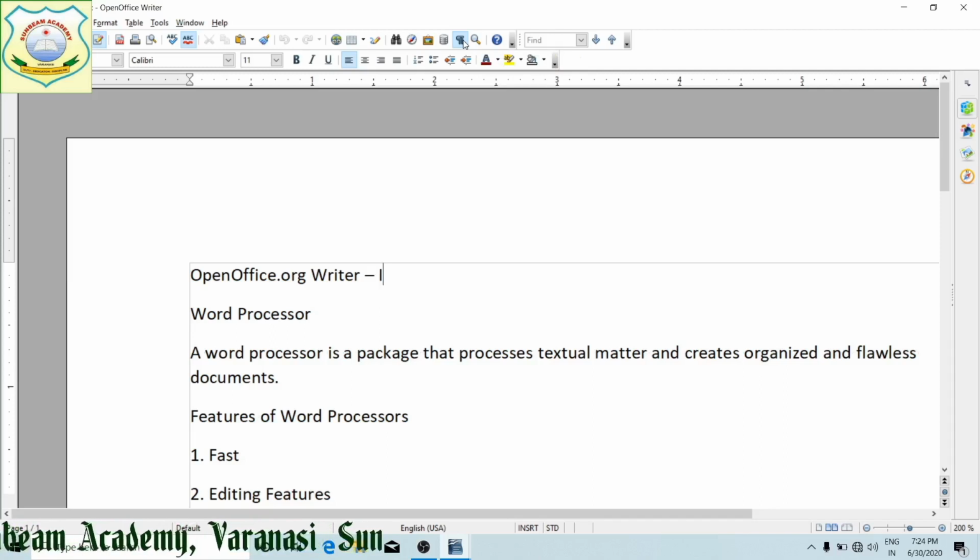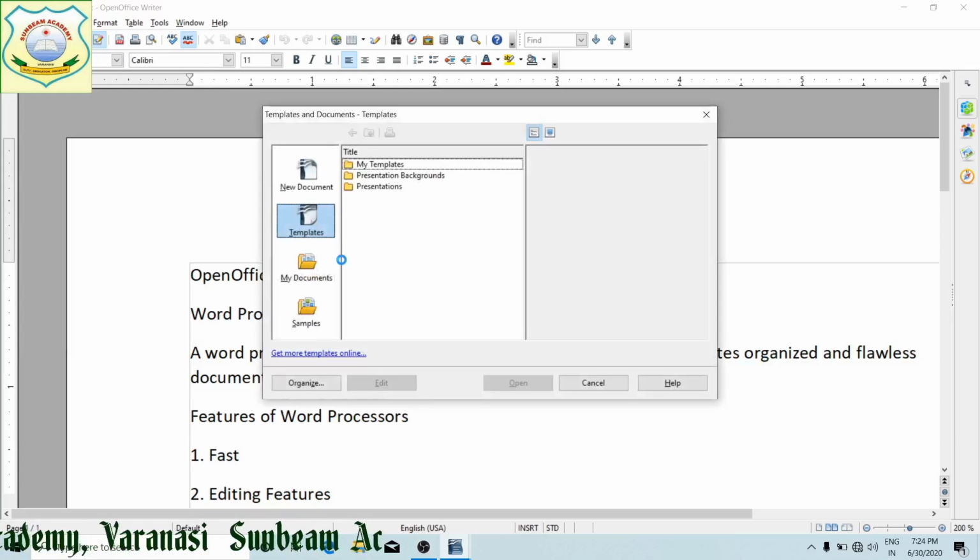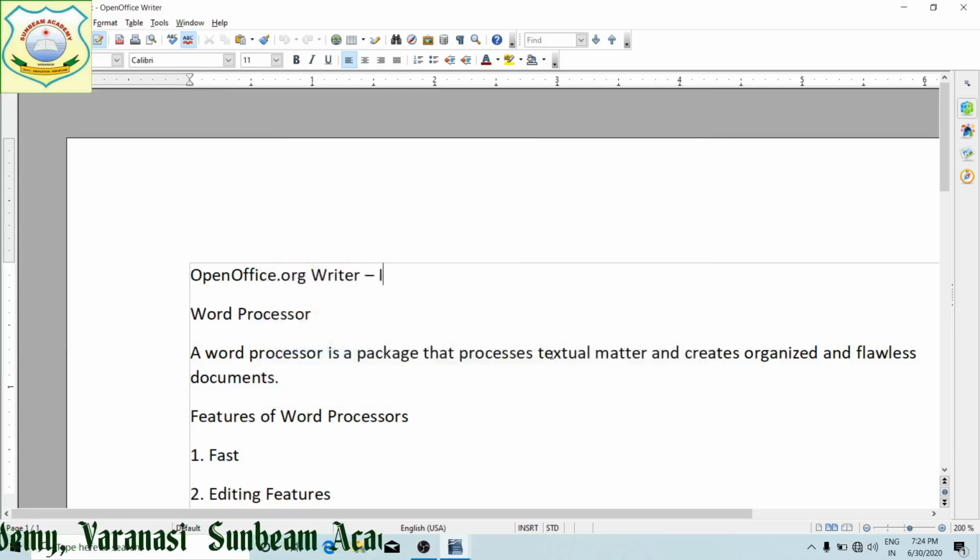Next, how are we going to save a document? As I told you, there are two options, Save and Save As. If I am going to make some changes, suppose I write here the name of the school, right?